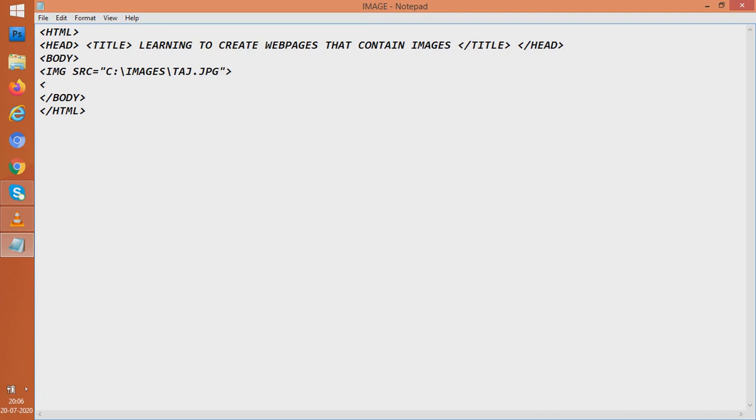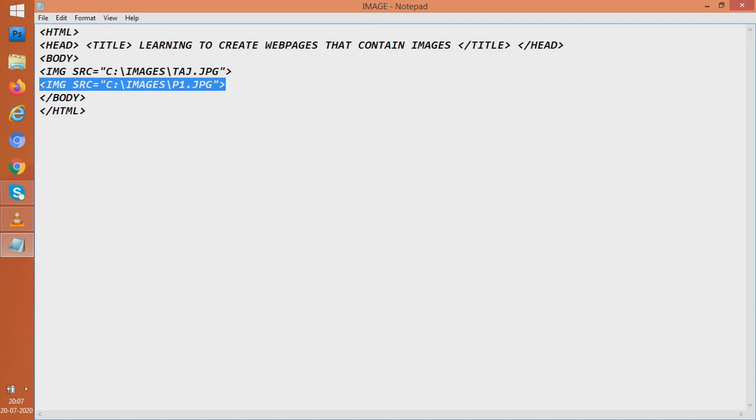Suppose we want the pyramid also, so we will write img src again for a new photo, and here also we will write C drive, images, and p1.jpg. We had one of the pyramid files named p1 which contained the image, and the other had been given the name P. Let us put that image also.